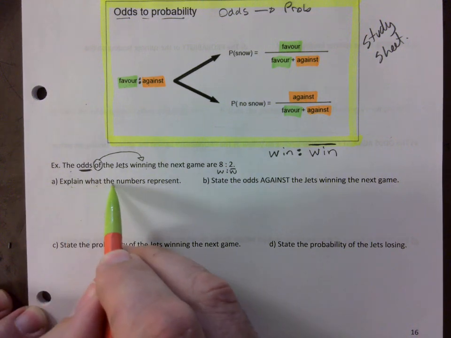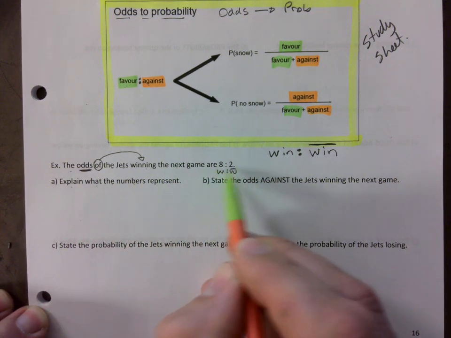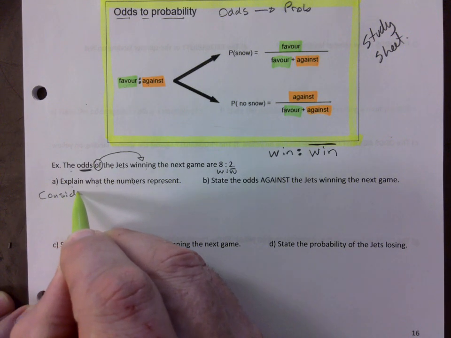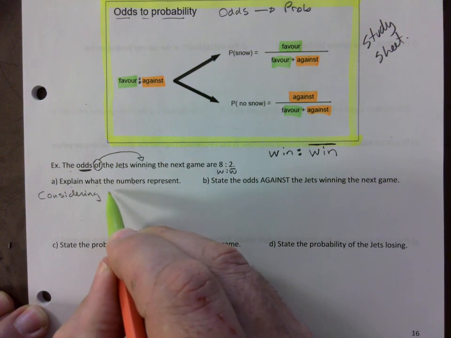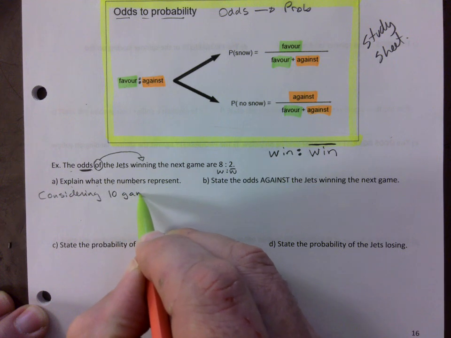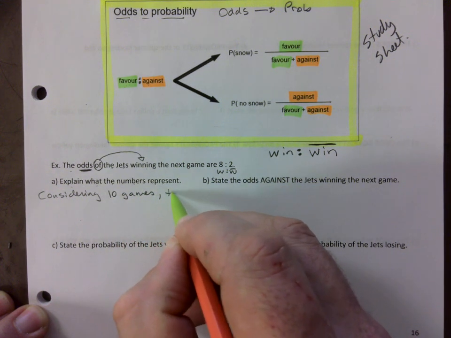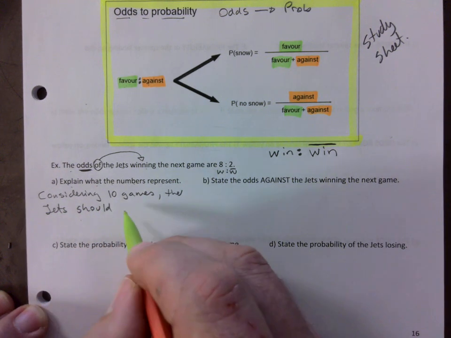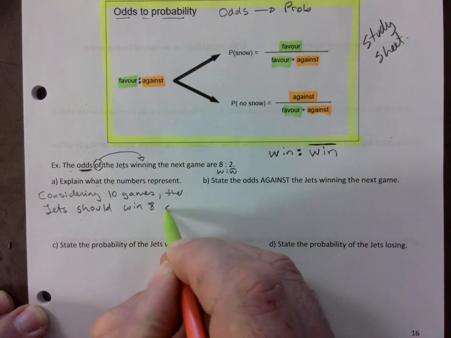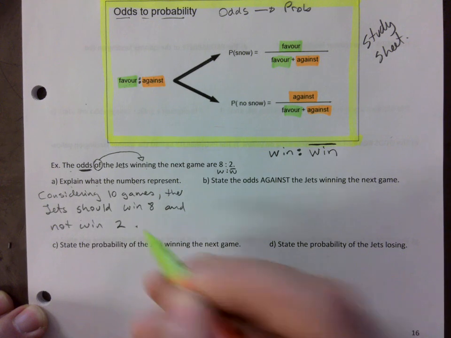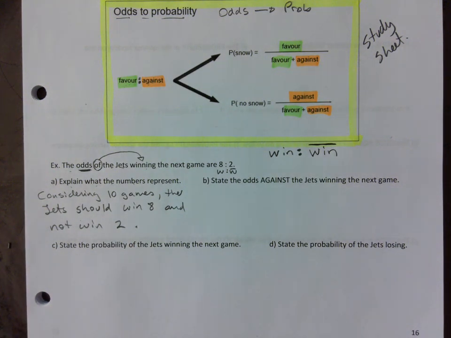So, explain what the numbers represent. Explain what these represent. I will say this. Considering how many games would we consider if it's 8-2? Considering 10 games, okay, the Jets should, don't say will, the Jets should win 8 and not win 2. Okay, I think it's helpful to wrap your head around what that statement even means if